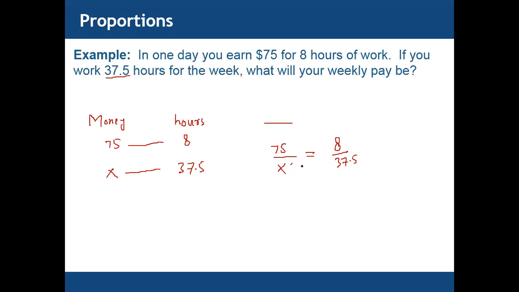So you multiply x with 8, equal to 8x, and 75 with 37.5. 8x equals 75 multiplied with 37.5, equal to how much? This one is 2812.5, and dividing both sides by 8, the coefficient of x,